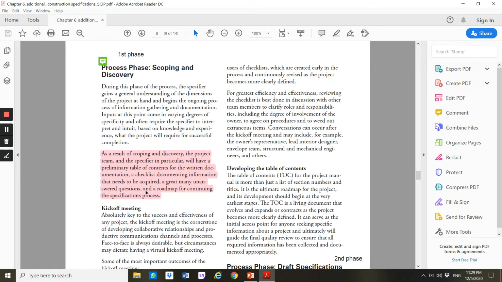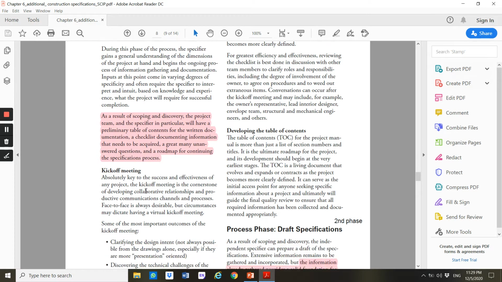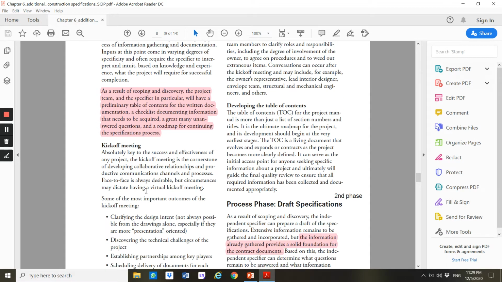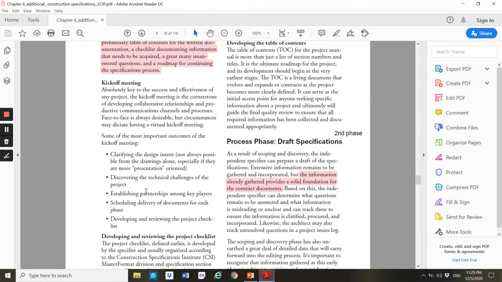So as a result of the scoping and discovery, you will come up with a preliminary table of contents, you will have a checklist, you will have lots of unanswered questions. The first thing they will do is a meeting. They will organize a kick-off meeting. Then here, they will clarify the design intent and they will ask more questions.